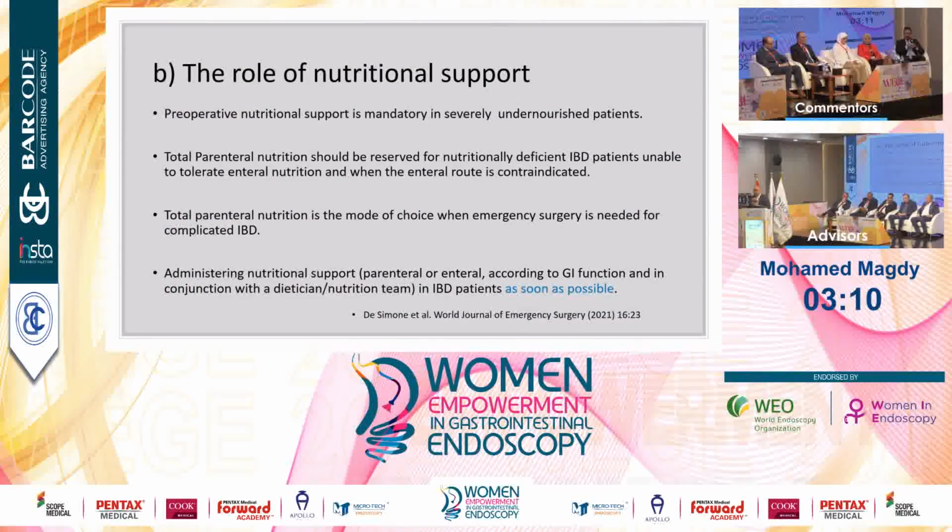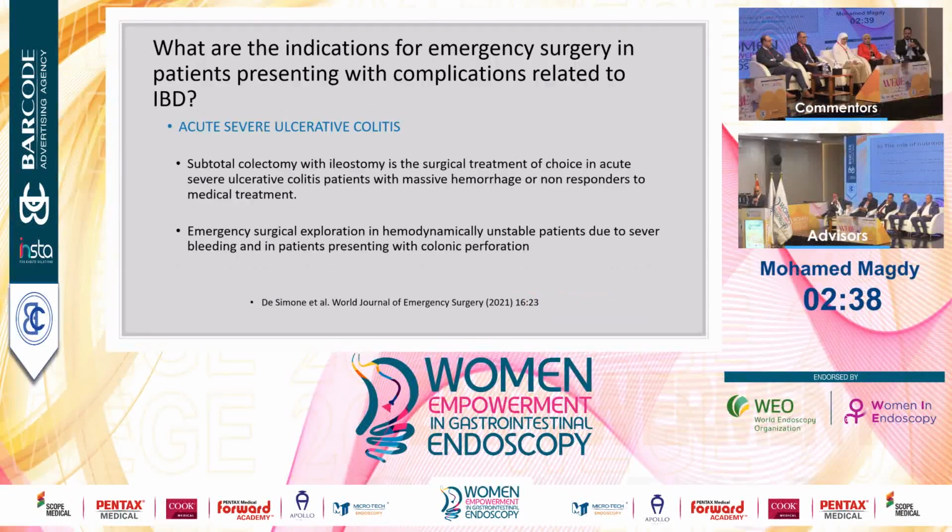Nutrition support. In those patients, it's better to start nutrition support once you have your patient in the ICU or in the hospital, as most patients have a deterioration of the nutritional condition. So you could start enteral nutrition if there is no contraindication, if you're not preparing your patient for emergent surgery. Otherwise, total parenteral nutrition may be the solution in that case.